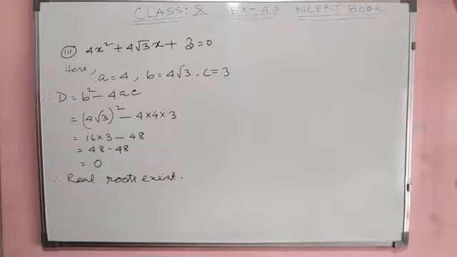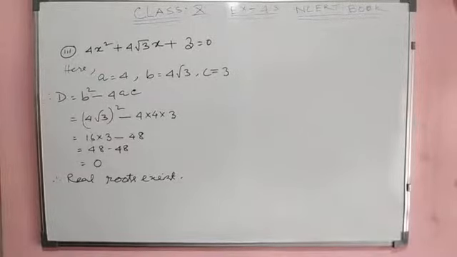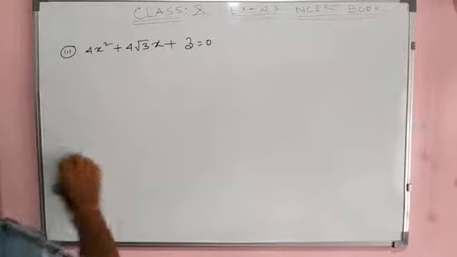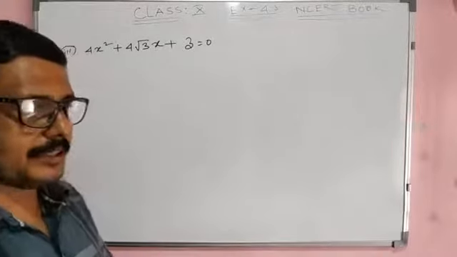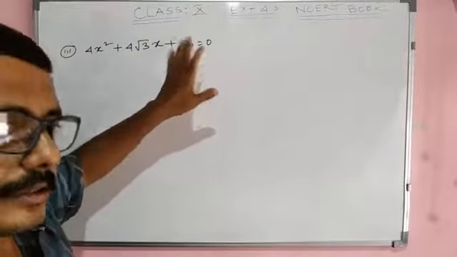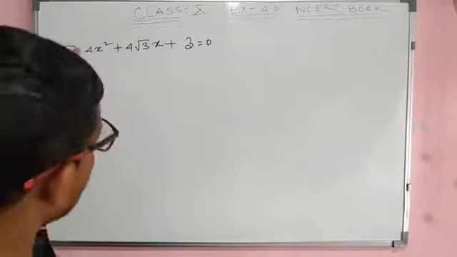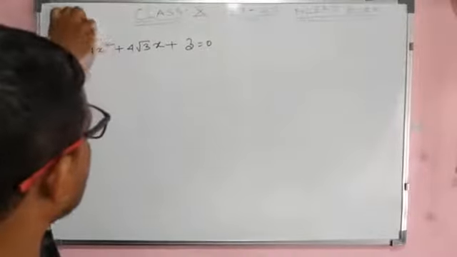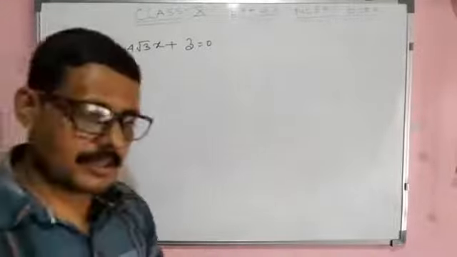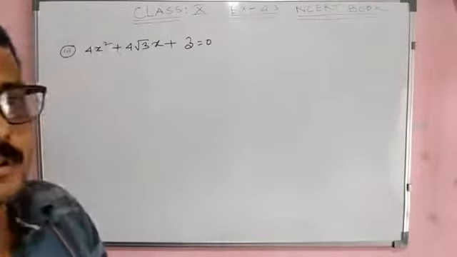Therefore, a real root exists, so we can now use the completing square method here. Again we can use the completing square method. Now see how to use it. One important thing: in the completing square method, we know that we can divide the equation by the coefficient of x square, that is by 4, or multiply it by 4. But you see here, the first term is already a perfect square. 4x square is a perfect square, so without division or multiplication we can use the completing square method here.